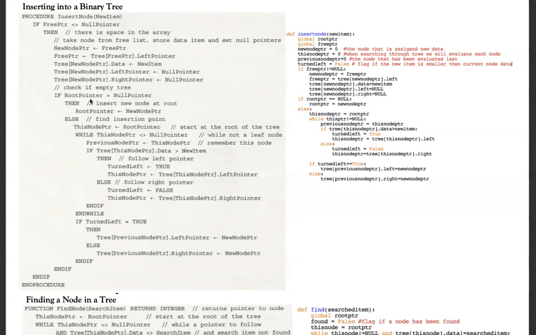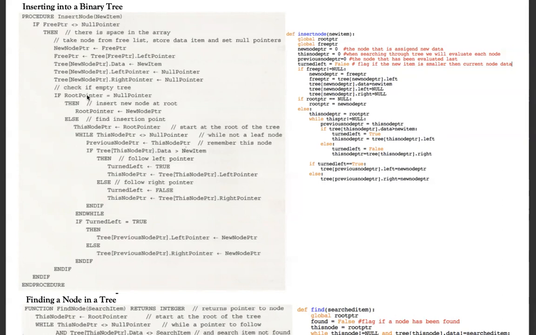Now, there's a great chance that there are no nodes in my binary tree right now, and that would mean that the root pointer has null in it. Does my root pointer have null in it? If yes, then simply do what? Call your new node pointer the new node. For example, your node number 1 is your new node because it's the first available node and you have no nodes currently being used. So your new node will instantly become the root node. And every other node added from this point will be in reference to the value in my root pointer. But this is only if my root pointer is equal to null,